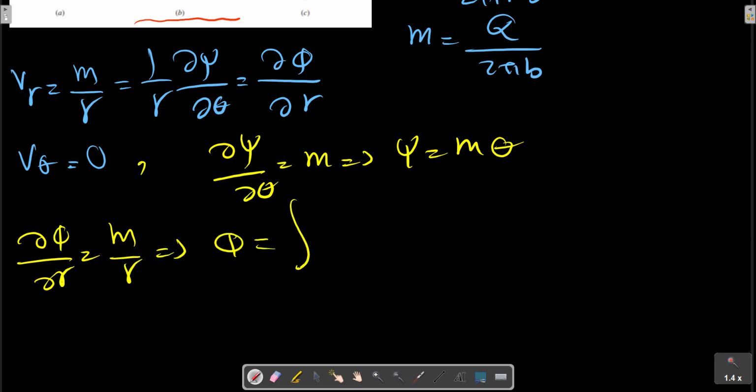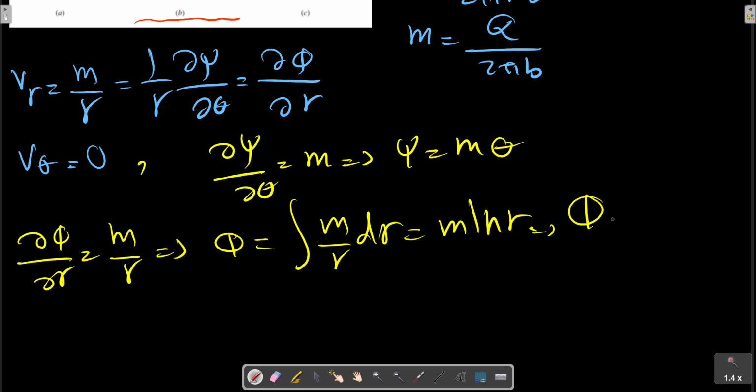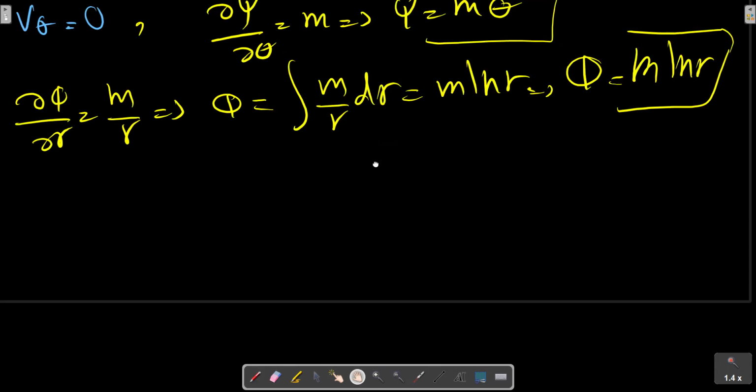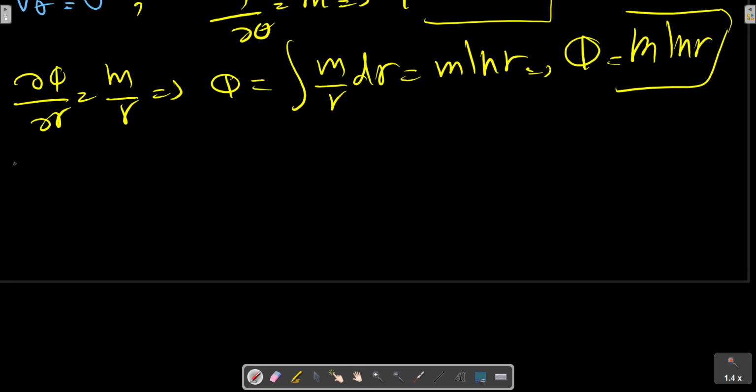Phi equals the integration of m on r dr, which equals m ln r. So we can write phi for the source or sink, where, as we said before, m equals Q on 2 pi b,